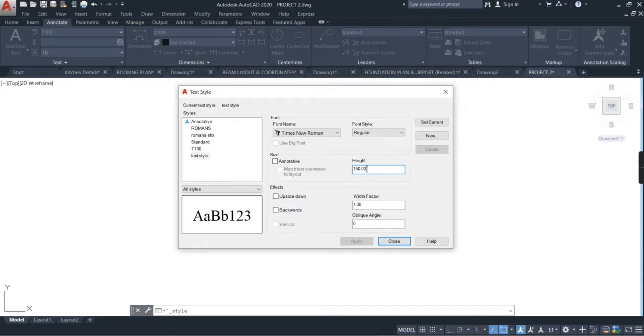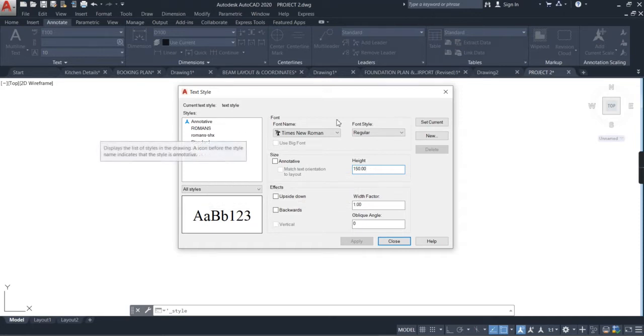It can range from 120 mm to 200 mm. It is up to you, whatever value you choose. Take a printout and check it. If it is okay, then use that value. If not, you can decrease it, but it should lie in the range of 120 to 200, or even 100 to 200 mm. This is in mm.